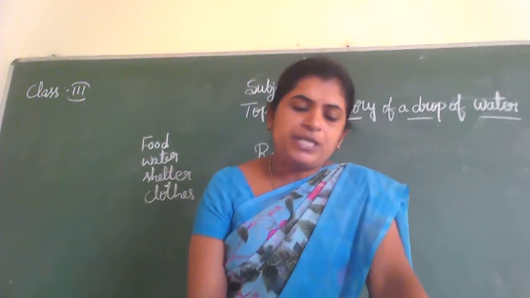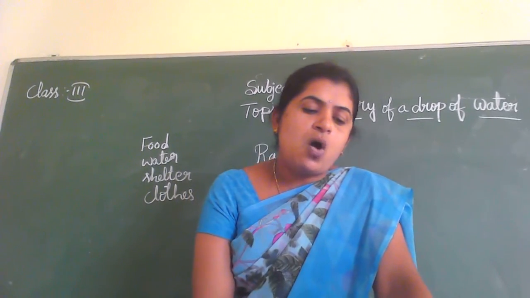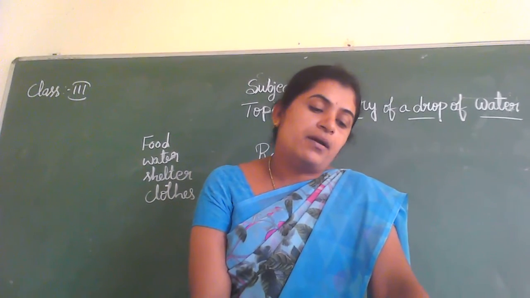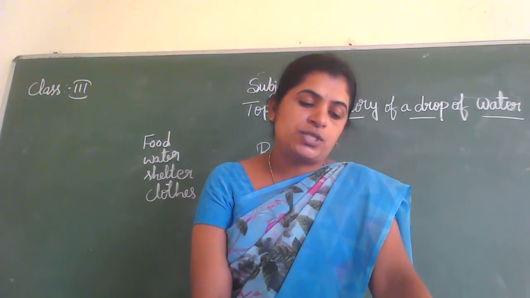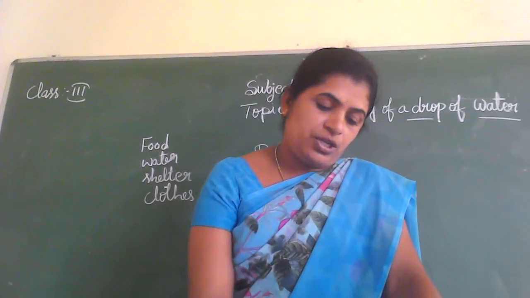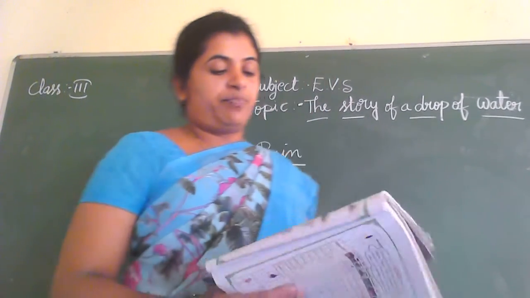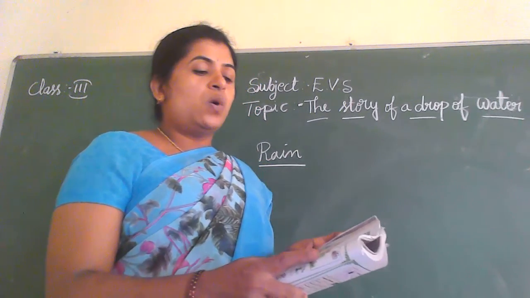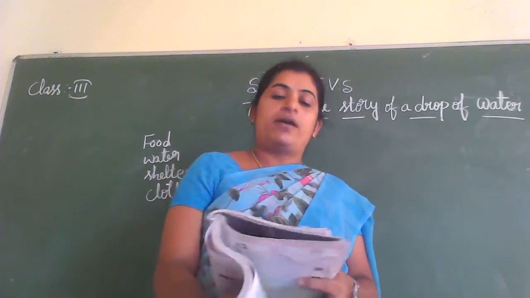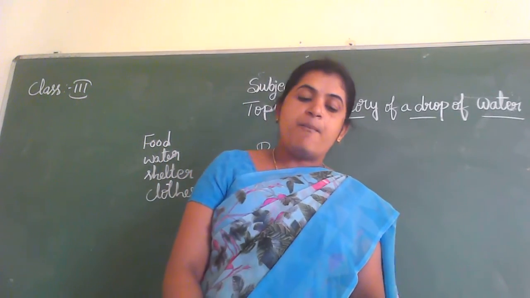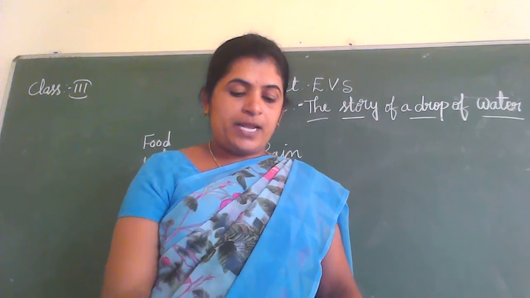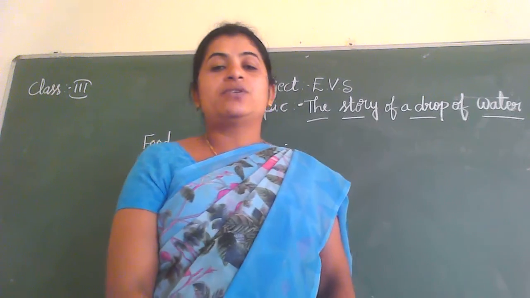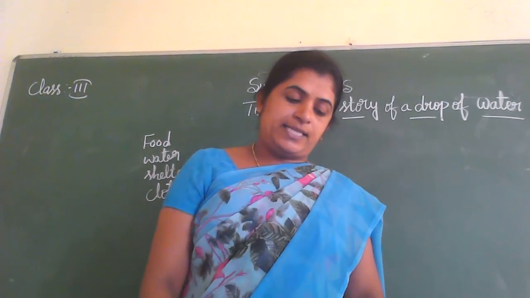Next. Page number 33. How far are they located from your houses? See, children, space is provided. You can write the answer. In the house, how far are they located? Yes, here the well is in the backyard. You can see in the picture. After you write, in the space you can write some sentences, children.